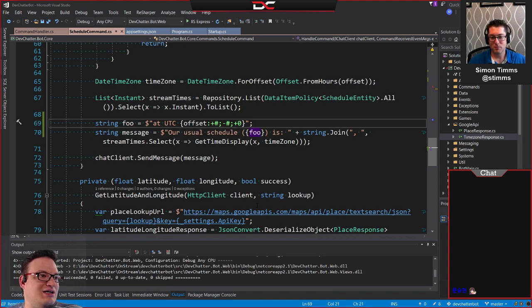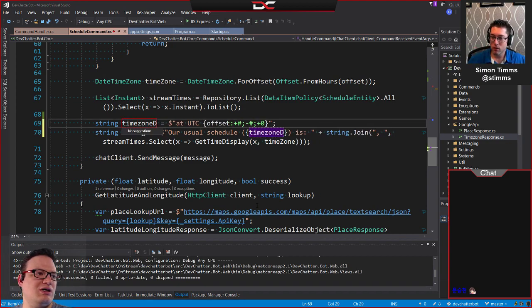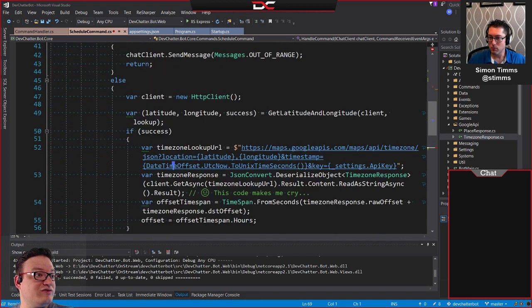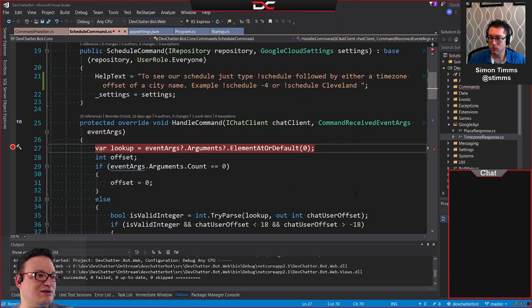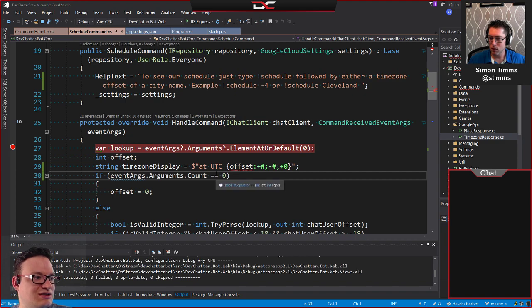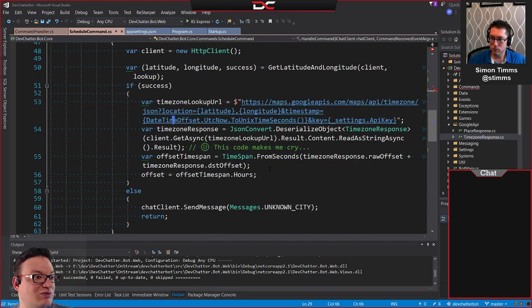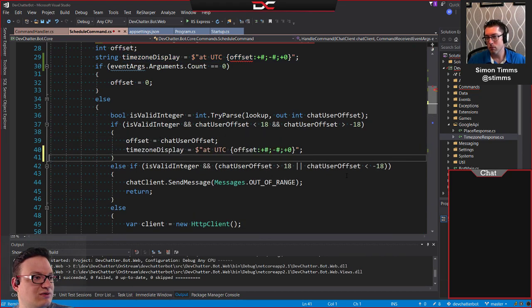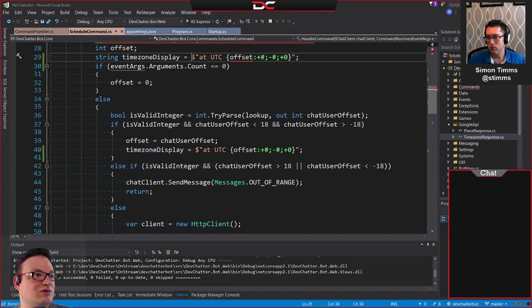Okay, so this is, what is this? Time zone display. Sure. So I'm going to move this up towards the top for now, and this is not ideal, but I don't have a great way to do this just yet. It doesn't want me to set this here. That's fine. I'm going to take this, and when we set the offset, where do we do that? Offset right here. We're going to set that, so we'll make this an empty string for now. And then down below,